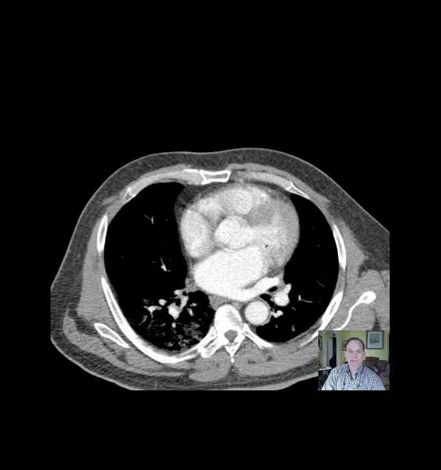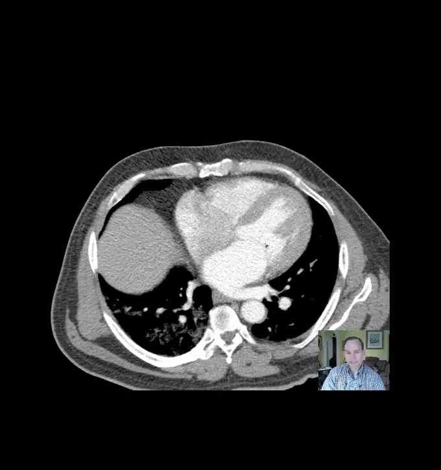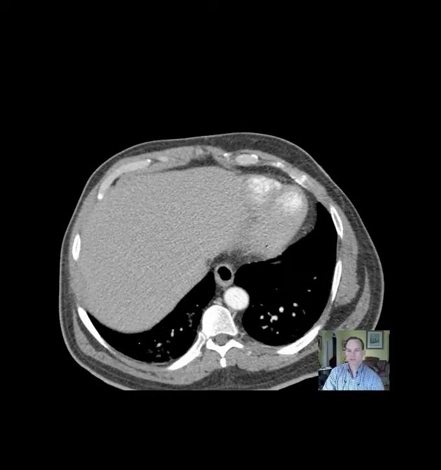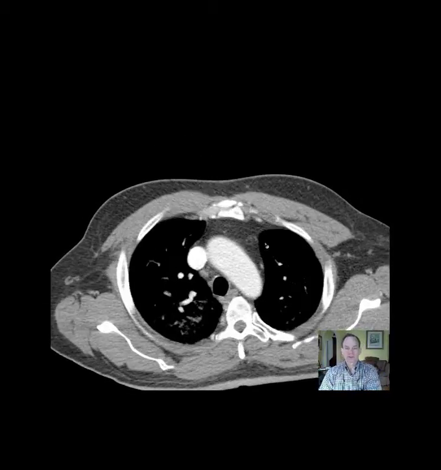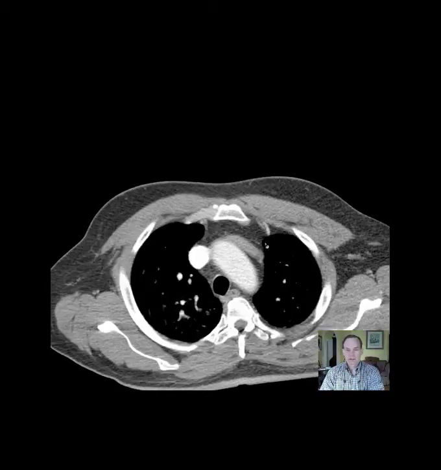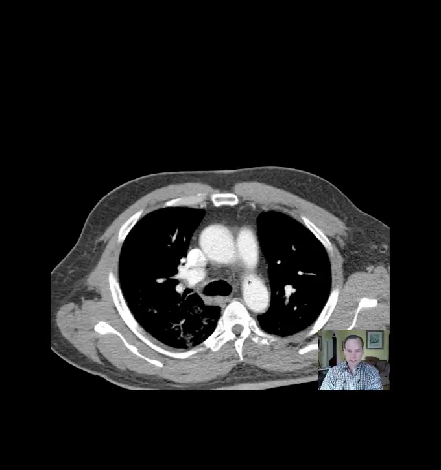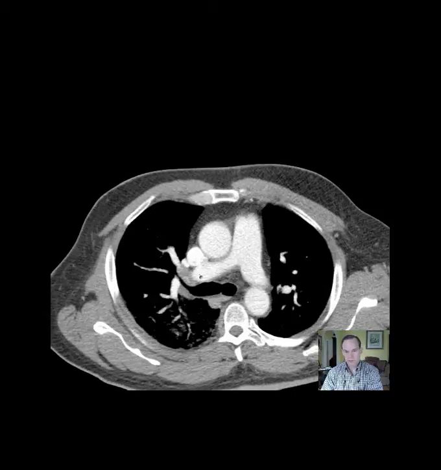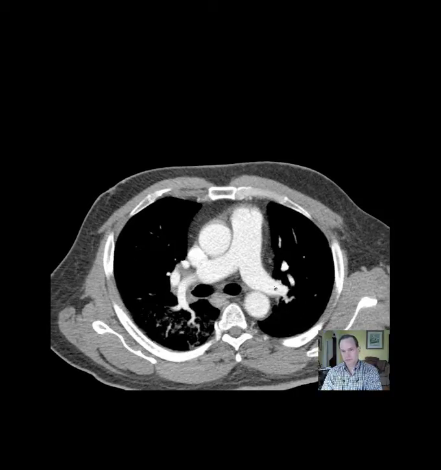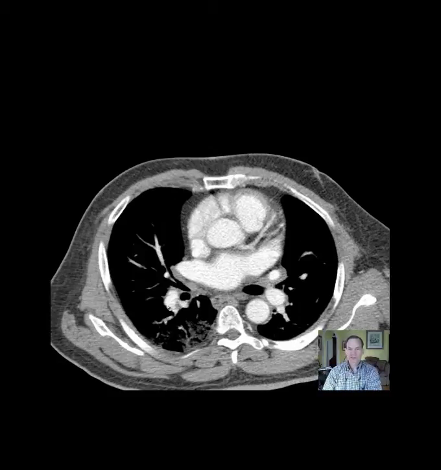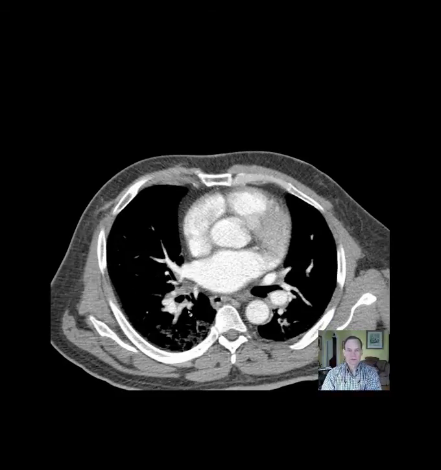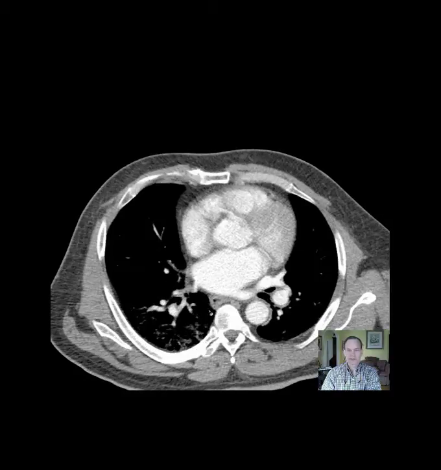Hello, Dr. Mintz here. This is an interesting case of a 47-year-old who came in for a chest CT to rule out pulmonary embolism. If you look, you'll see that here's the aorta, here's the main pulmonary artery, the right and left main pulmonary arteries, and multiple pulmonary arterial branches, all of which appear normal, no sign of a filling defect to suggest pulmonary